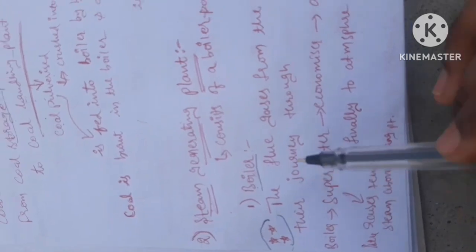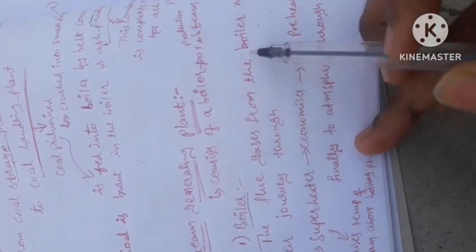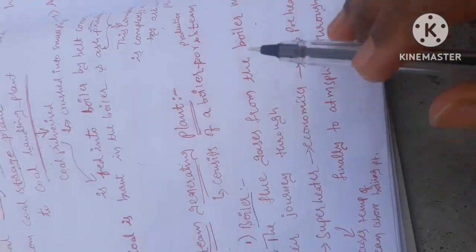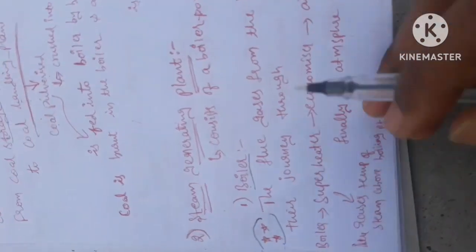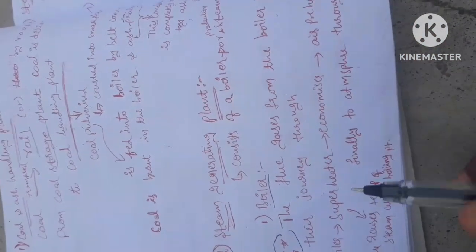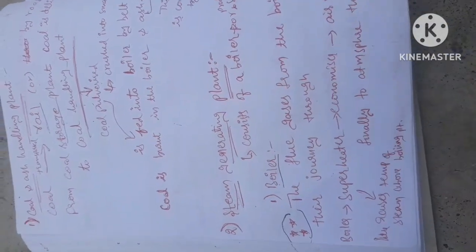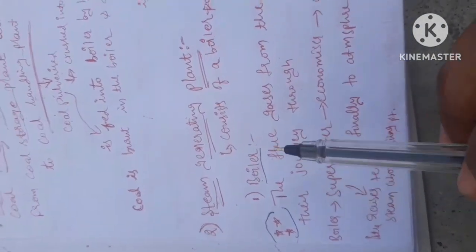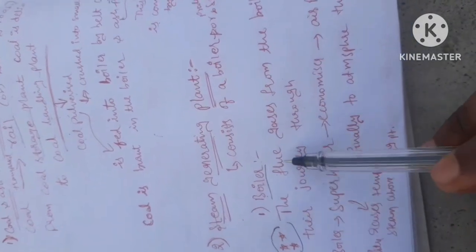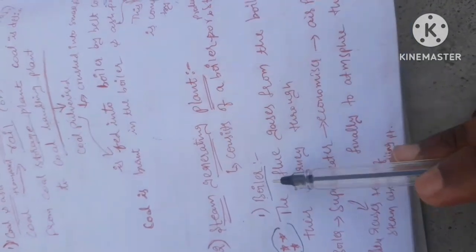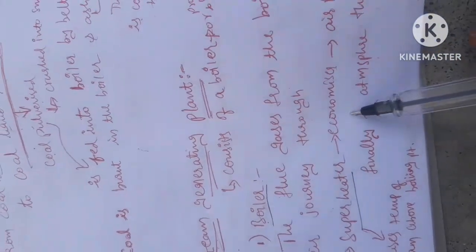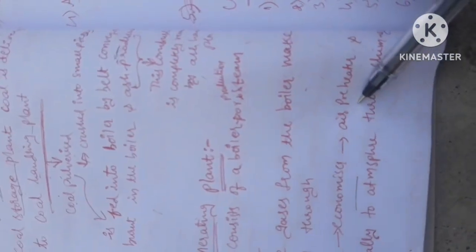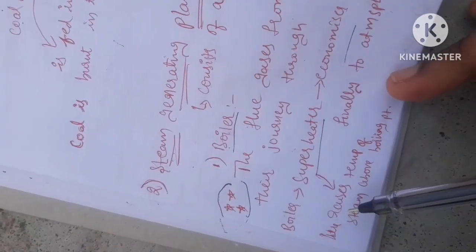They gave the options, and we have to arrange them in chronological order. First, the flue gases from the boiler enter into the superheater, then the economizer. After the economizer, they enter into the air preheater, and finally